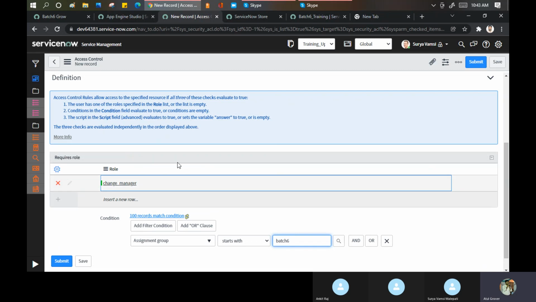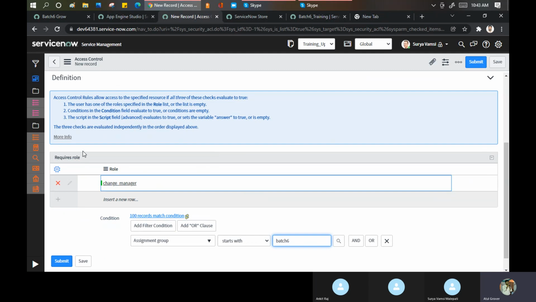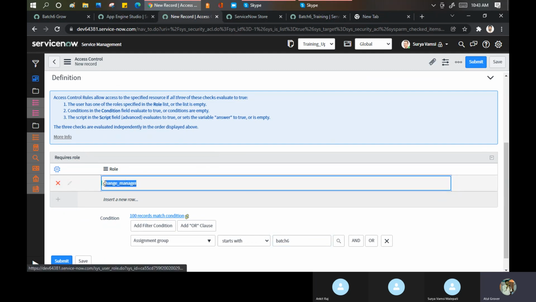Okay, so when will this ACL of mine work? What I'm saying is, because I'm not defining anything in the advanced, otherwise I would have to define it in the advanced. I say any user who has the change manager role will be able to do the changes on the assignment group if the group starts with batch 6.